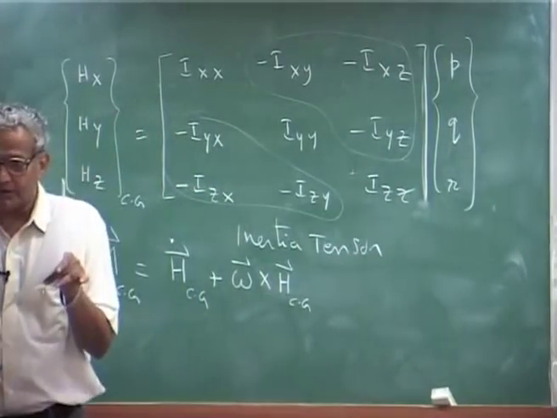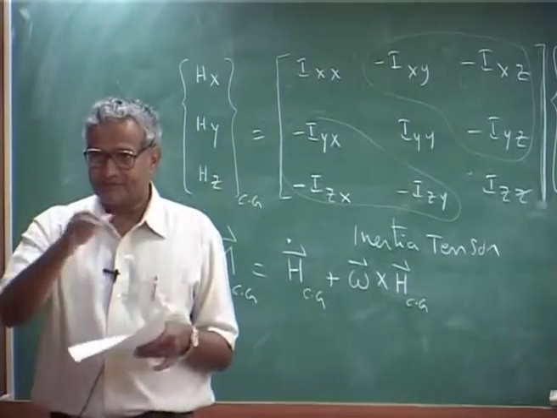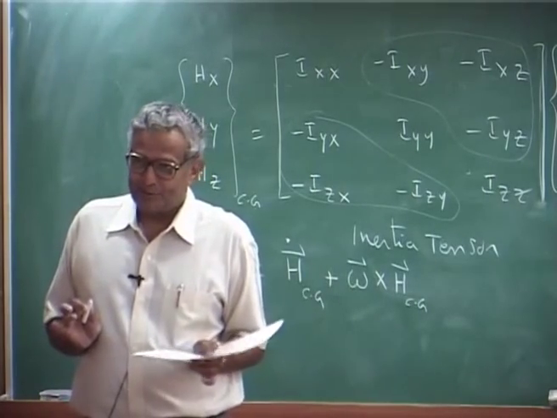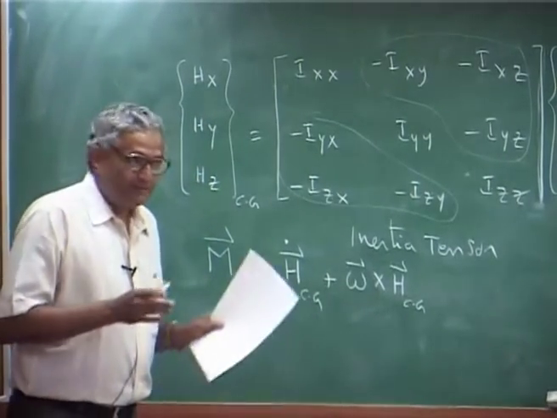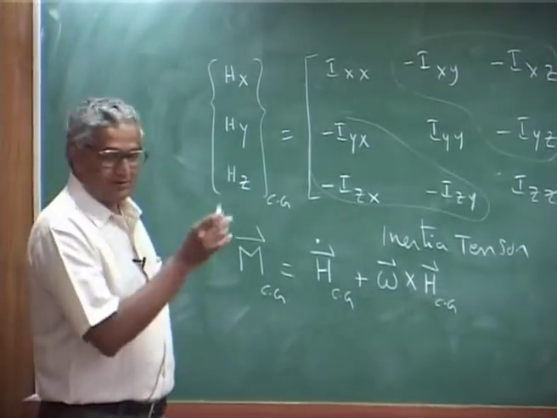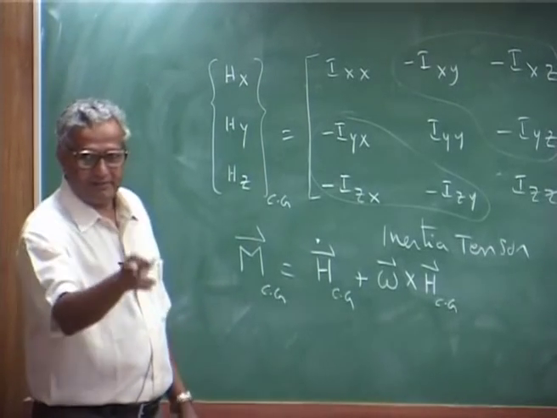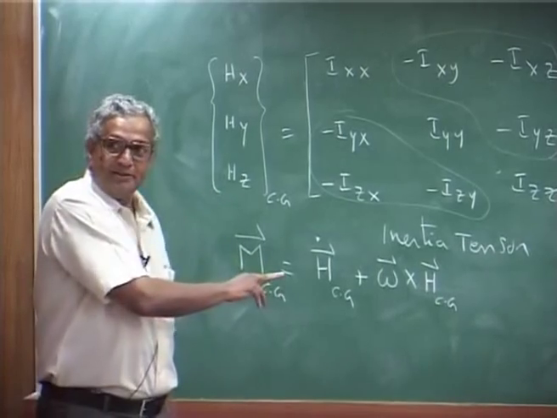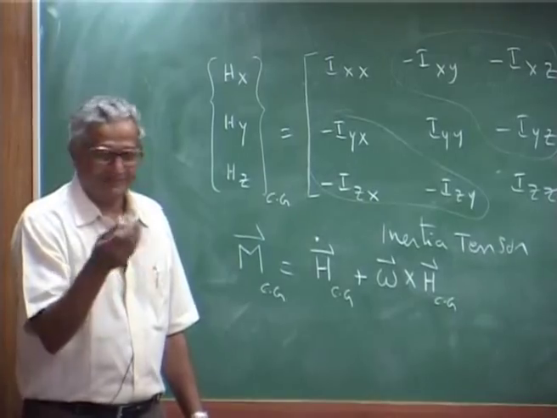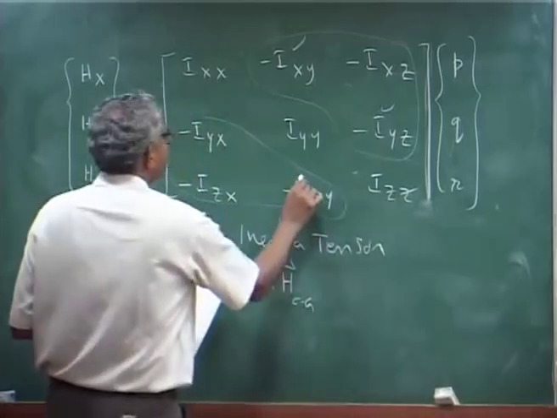If it is a symmetric body, if it is a perfect sphere, then the cross product is 0. You will have Ixx, Iyy, Izz, okay. But if it is a symmetric body about one plane, which is the longitudinal plane, then for every plus y, you will have a minus y. So, wherever y is there, they will go off. That means, these quantities